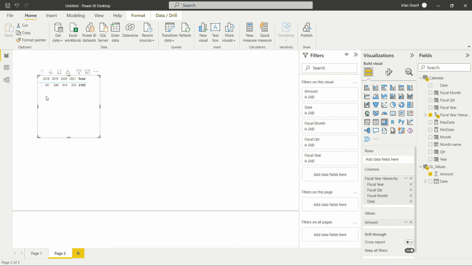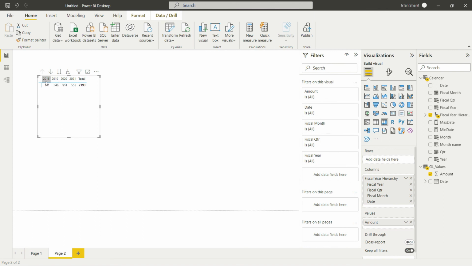For 2018 the value is 181, for 2019 it is going to be 546, for 2020 and 21 you can see the values. One thing that I would like to mention is, please keep in mind that this is the standard calculation that Power BI has done, and that is FTP, I mean for the period values, the kind of values that you expect in income statement. So now I will take you back to my Excel file, and I will